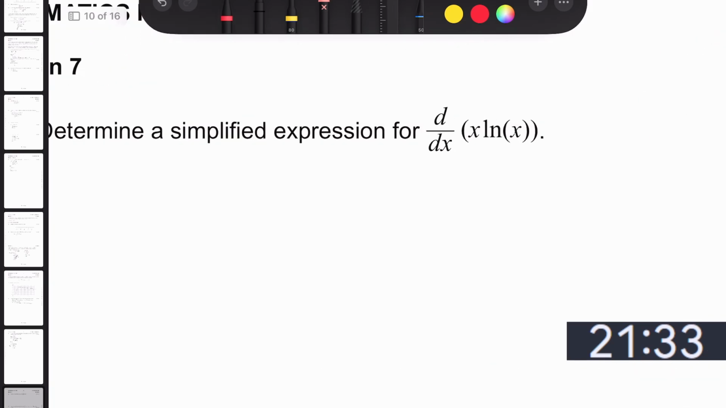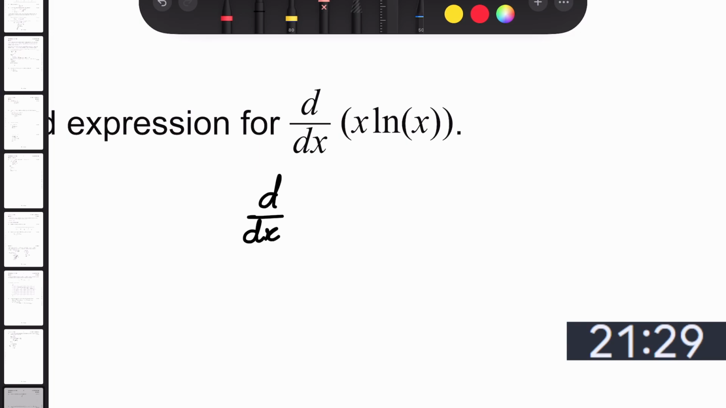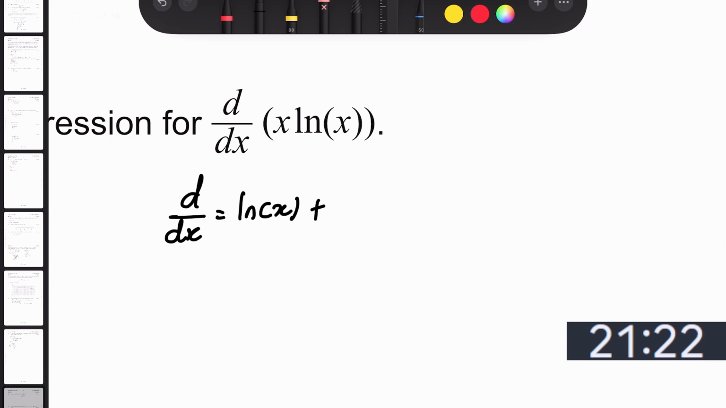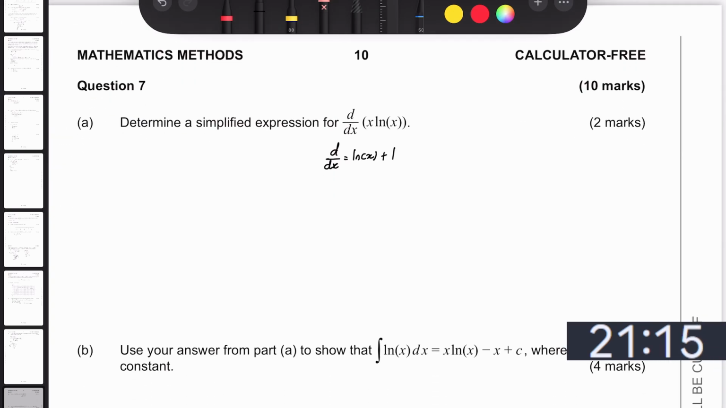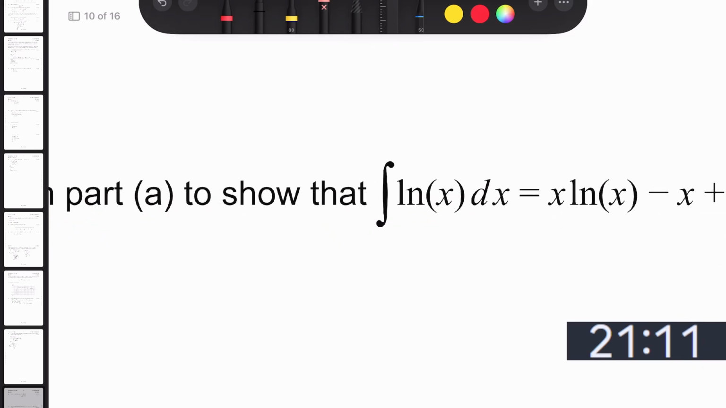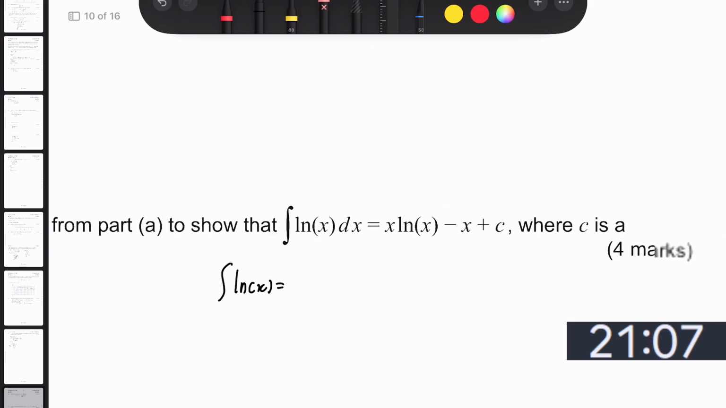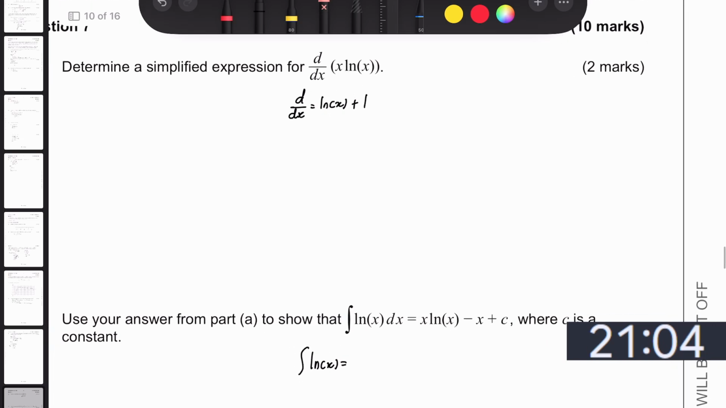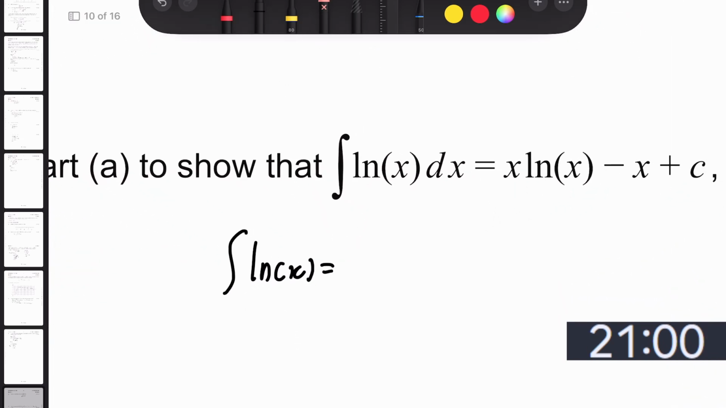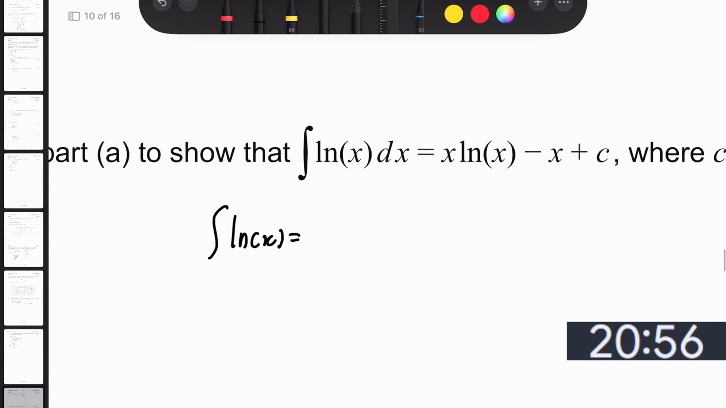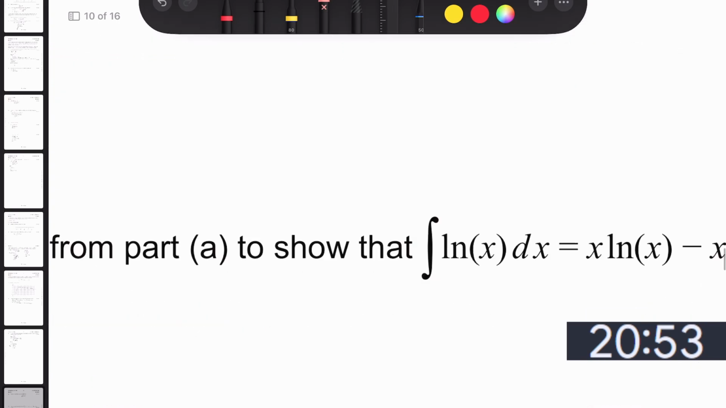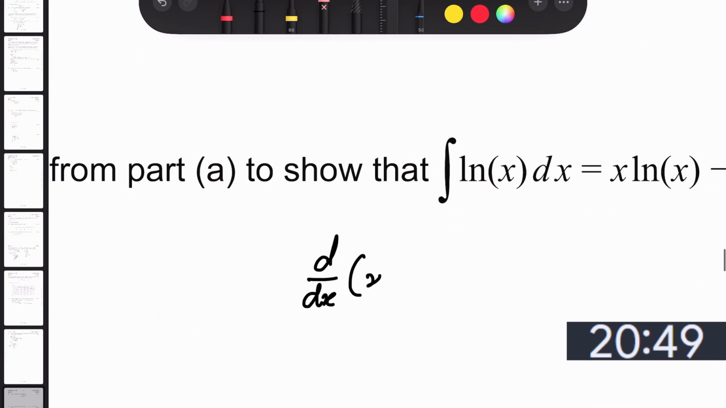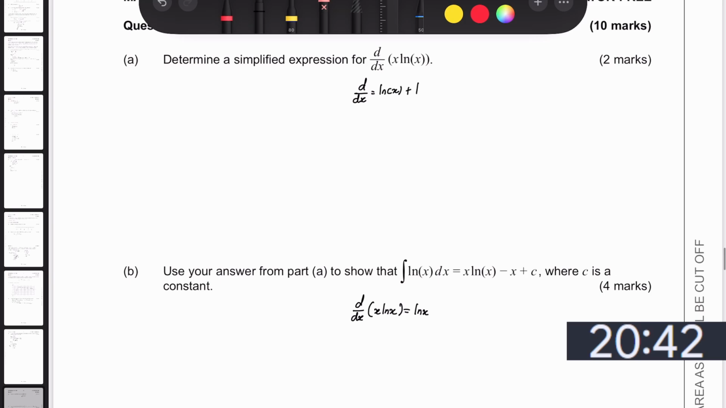Determine a simplified expression for d dx of x ln of x. Let's just differentiate the first one. It's going to be ln of x plus, and then differentiate ln of x is going to be 1 on x. 1 on x times x is just going to be 1. Use answer to show that that is equal to that, which is a constant. So d dx of x ln of x is equal to ln of x plus 1,